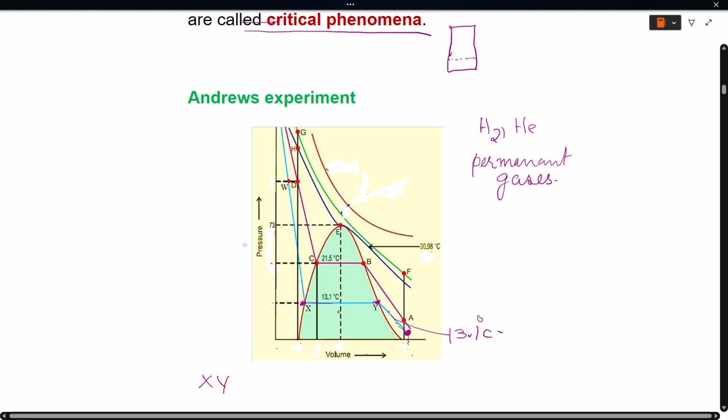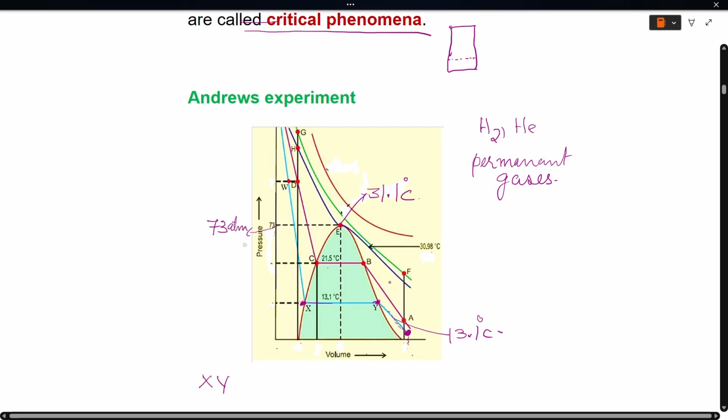Now, let us move on to the next temperature, and remember the critical temperature is 31.1 degree Celsius, that is the point here, and the pressure is 73 atmospheres, which is written here. This is 73, and this is the temperature 31.1 degree. So, all these temperatures we are considering are below the critical temperature. 13.1 degree is below the critical temperature. Now, next is